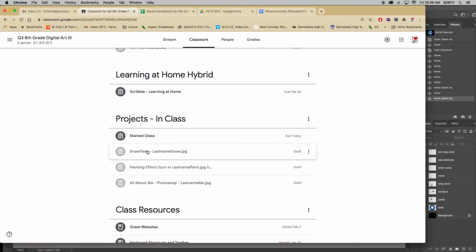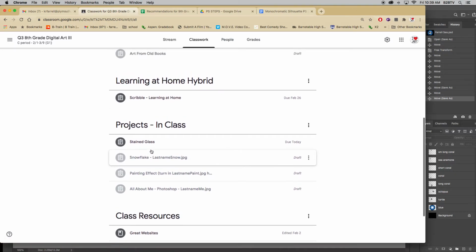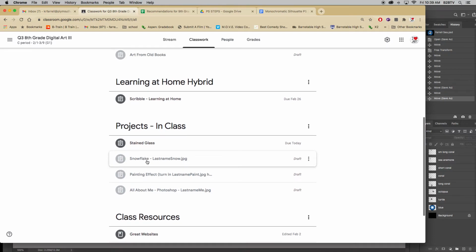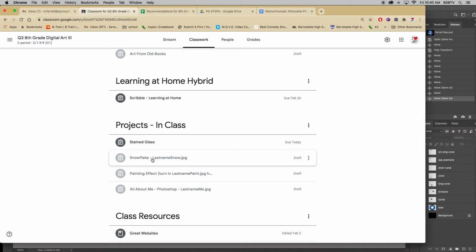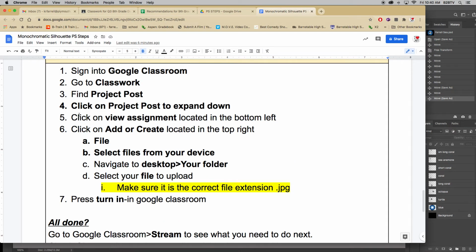The project has not been posted yet because I don't want to confuse you guys, but it will say, you know, the monochromatic silhouette C. And then you'll click on that and go to View Assignment. So it says click on View Assignment, and then Add or Create is directly below your work. You click on Add or Create, then you click File,